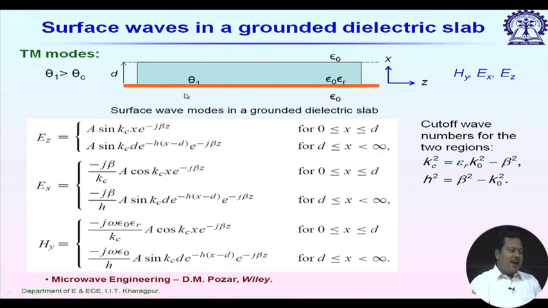So, next we consider another scenario. In this case, a dielectric slab is placed on a conductor ground plane. Again the wave propagates in the z direction, but the perpendicular direction is x here. Let us go directly to the solution. It can be shown that this dielectric slab backed by a ground plane can support TE modes